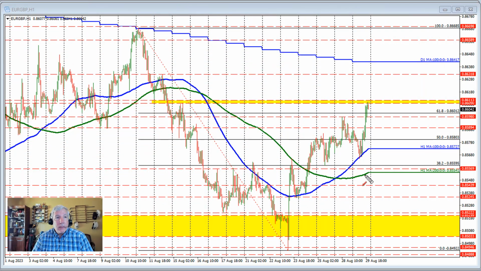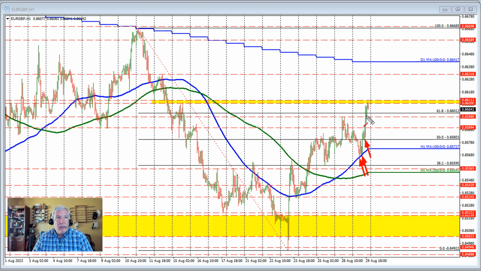We're going to take a look at some of the cross-currency pairs. I'm going to start with the euro versus sterling. Looking at this currency pair, there was a key support down against the 100-hour moving average, and you can see the price skimmed along that moving average in the European session and started to move higher, moved above the 50% retracement level, started to use that as support, and